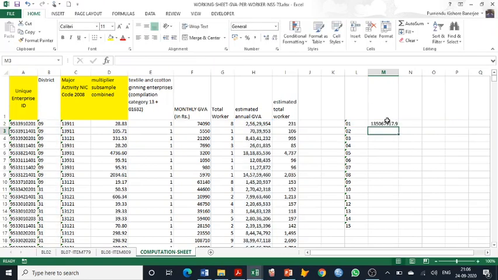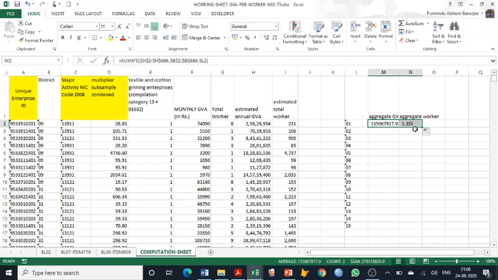So this is the aggregate GVA for district 01, and we will get aggregate worker using the same methodology.